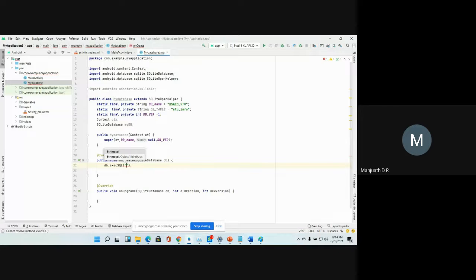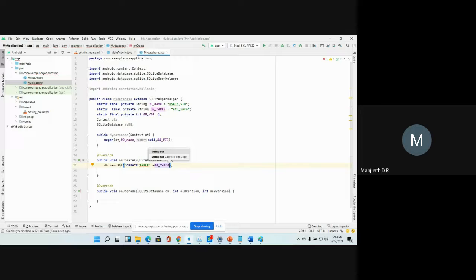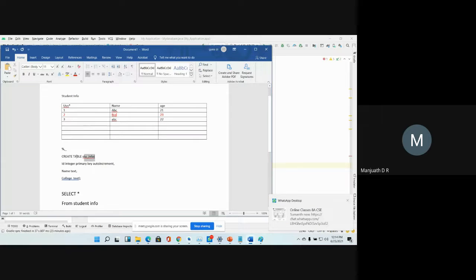So what is the query? The first thing is create table, right? Close it since you already passed the table info, right? That is the table name. What is that? It is stored in some variable that is db table. And again, open that bracket and so this line is completed now. First line is completed, right? This particular portion is completed. Now